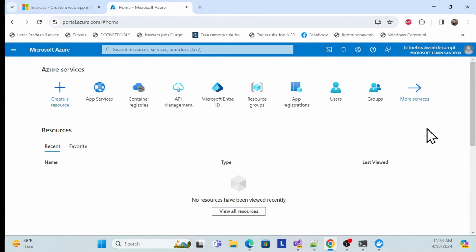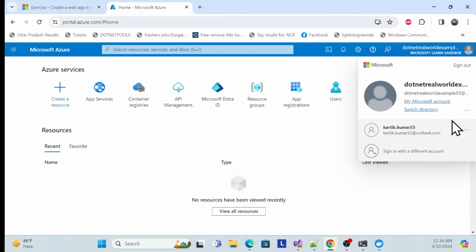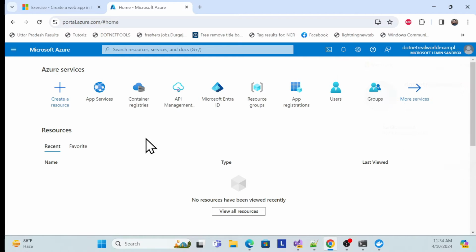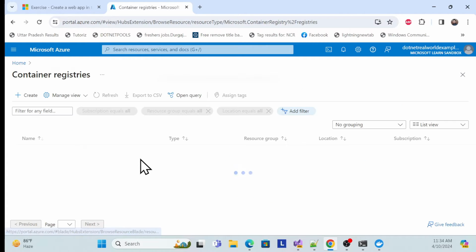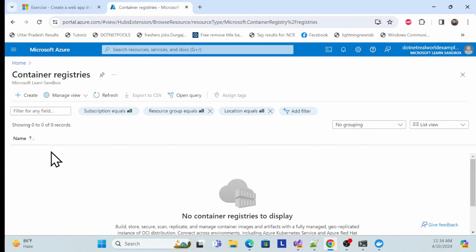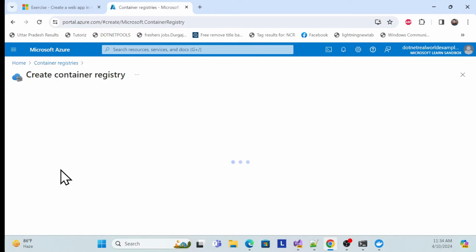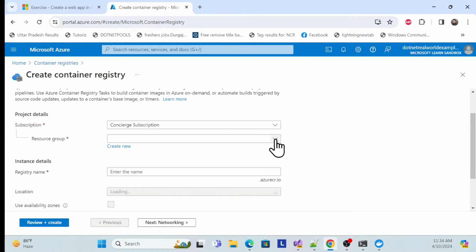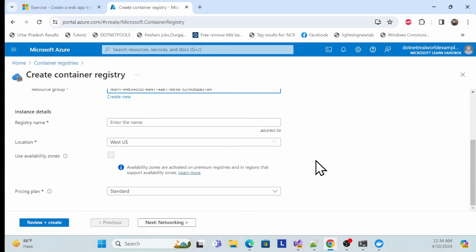And if you don't have any subscription, don't worry about that. You can just use the Sandbox subscription, which is completely free. Now you are able to see I'm just using that Sandbox subscription over here, Microsoft Learn Sandbox, which is completely free. You can choose that container registry over here and create a new container, right? So let me create a new container, choose that resource group and give it a name,